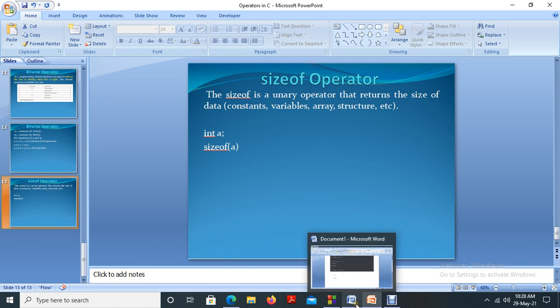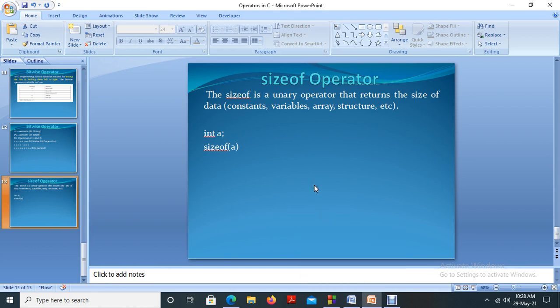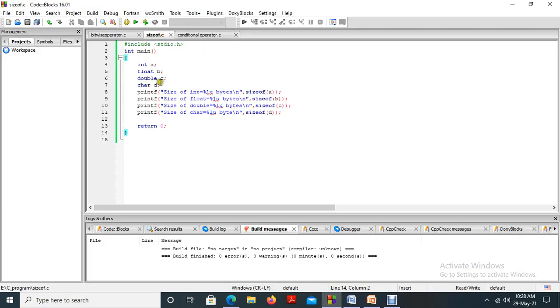We already discussed that the size of integer is 4 byte, the size of character is 1 byte, the size of float is 4 byte. With the help of an example, I will explain. In this case, int a, so we declared that a is an integer. Next, b is a float value, c is a double, and d is a character. We are going to find the size of each variable. By declaring like this, we are telling the compiler to please create a block of memory based on the size of the variable, according to its data type.